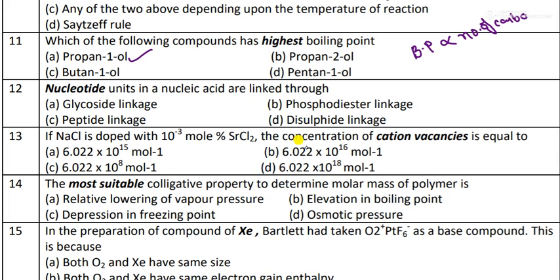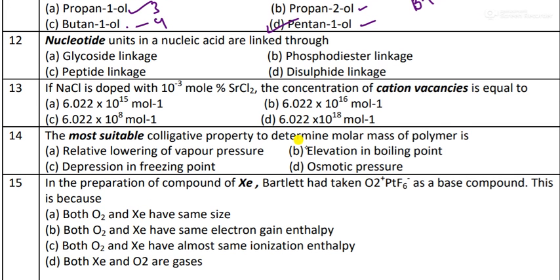Look at the next question. They're asking about the boiling point. For boiling point, first you have to see that all of them are alcohols, no issues there. Next you see the number of carbon atoms. Which one is there? Propanol, 3, 4, secondary alcohol, primary alcohol. Primary alcohols generally have a higher melting point and boiling point. So the answer will be option D.